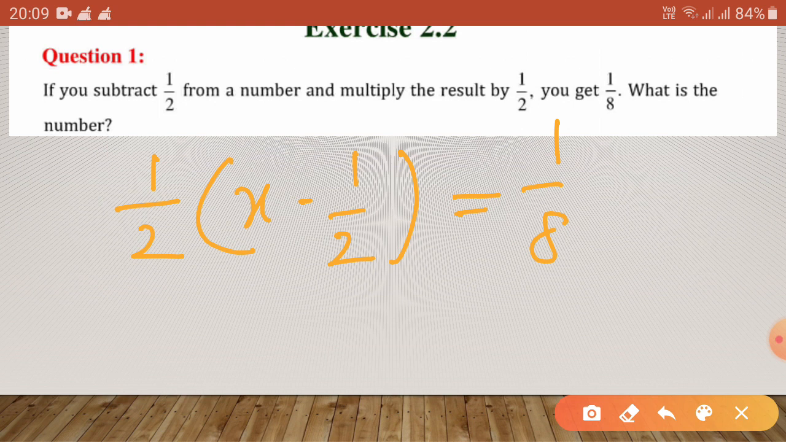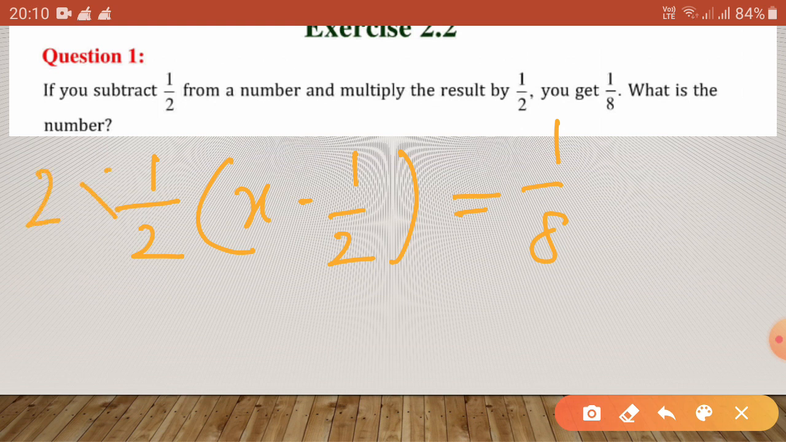Okay, so our basic aim is to find out the value of x. So here, whatever value is remaining with x, we have to omit one by one. At first, outside the bracket it is 1 by 2. So our aim will be to cut this value, that means 1 by 2. So how can we do that? If we multiply